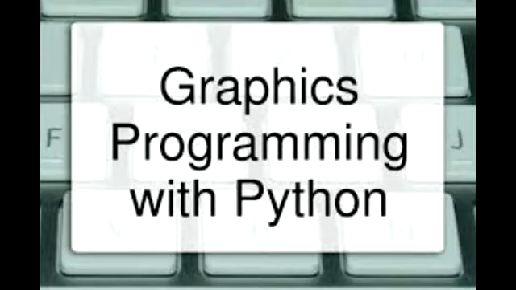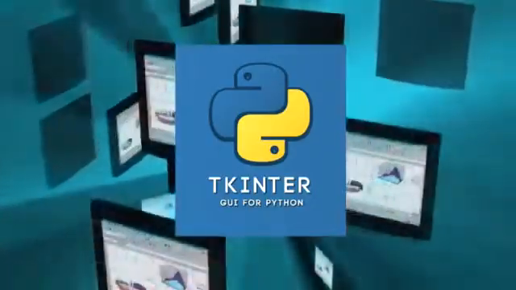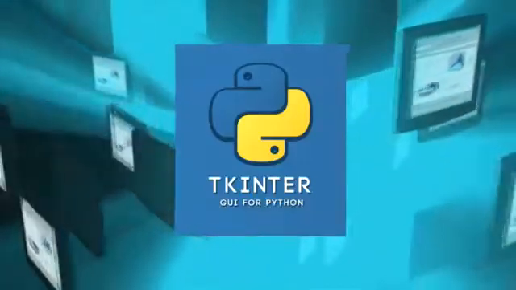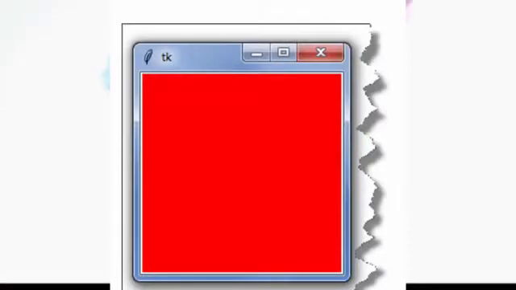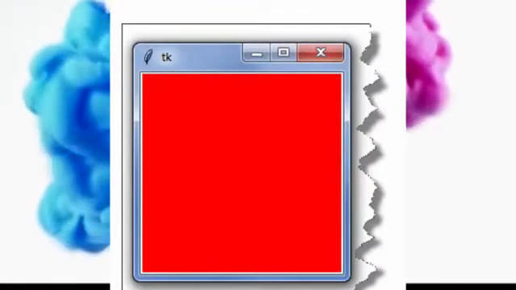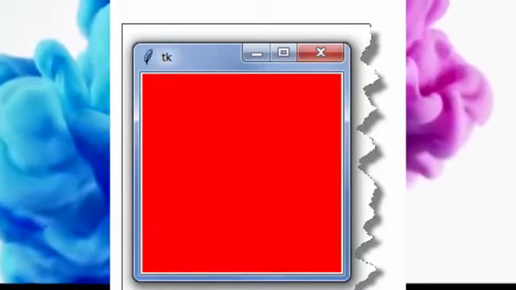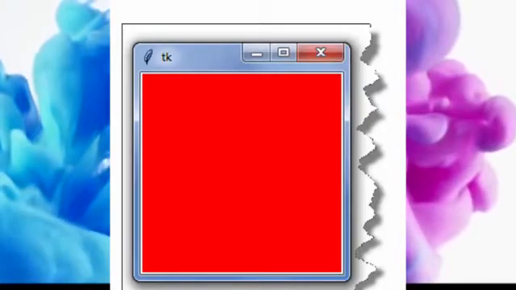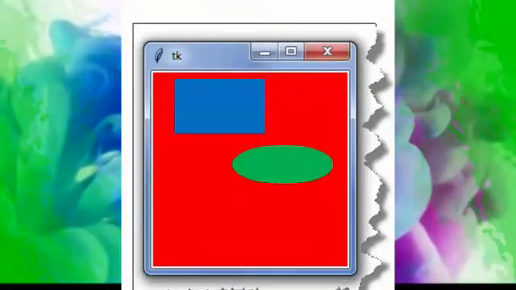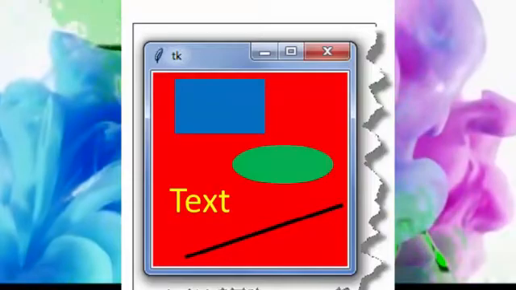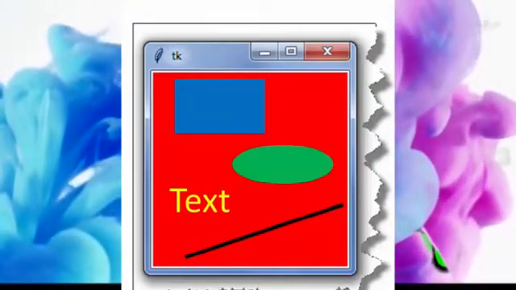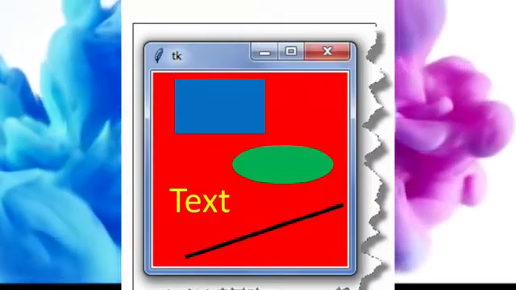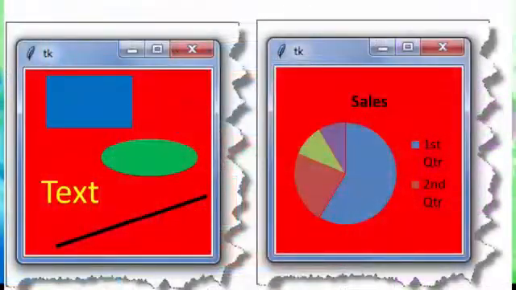In the previous video, I introduced tkinter. Continuing with the same, let us do some more graphic programs. We have already learnt how to create a window and a canvas area. Now, on the canvas area, we can draw shapes, for example, rectangle, oval, text or line. We can also change the shape, the size and color of our geometrical figures. We can also draw graphs.